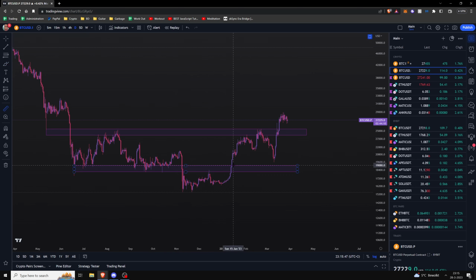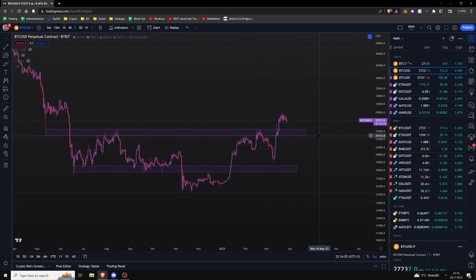So we can catch these moves up here, like 30% up, and then we're at the top of the range, so we can get 10% down, and we can go up and down and play these ping pongs, these bounces in between our range levels, if you will, in between our support and resistance,